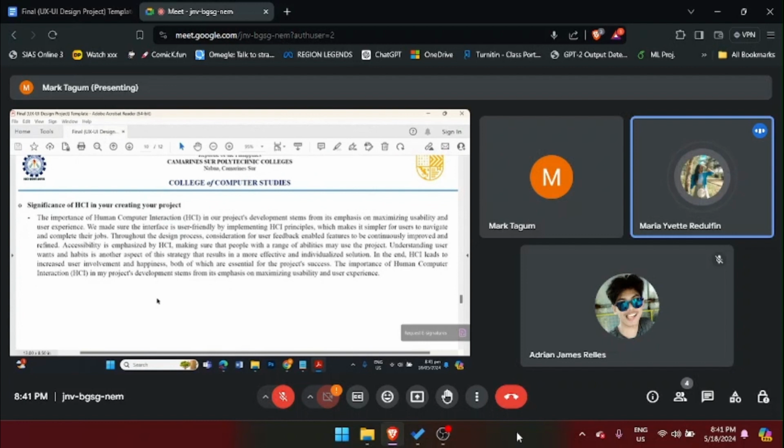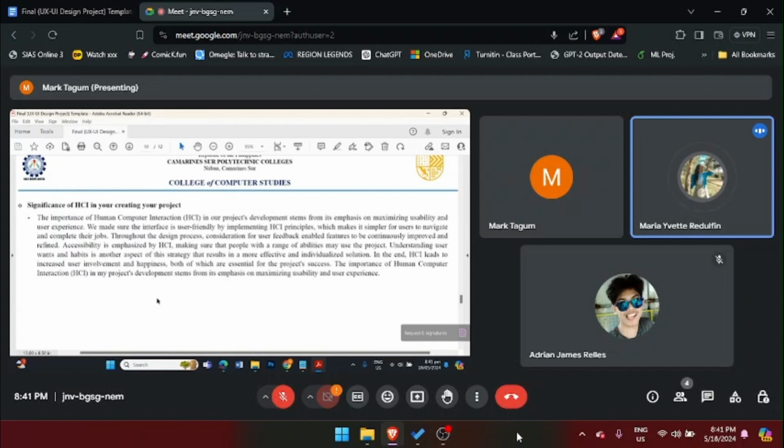On the significance of HCI in creating our project: the importance of human-computer interaction, or HCI, in our project's development stems from its emphasis on maximizing usability and user experience. We made sure the interface is user-friendly by implementing HCI principles, which makes it simpler for users to navigate and complete their jobs.